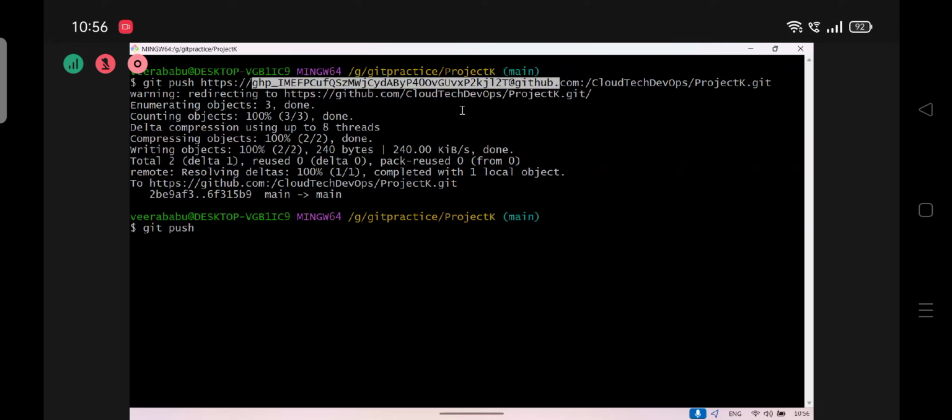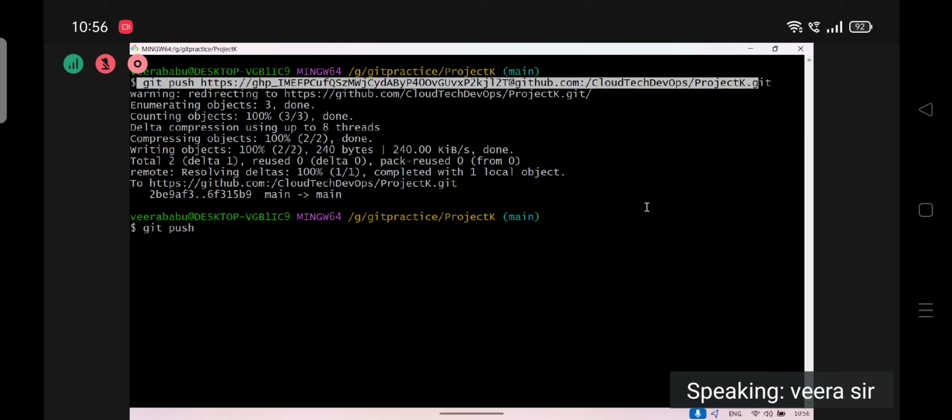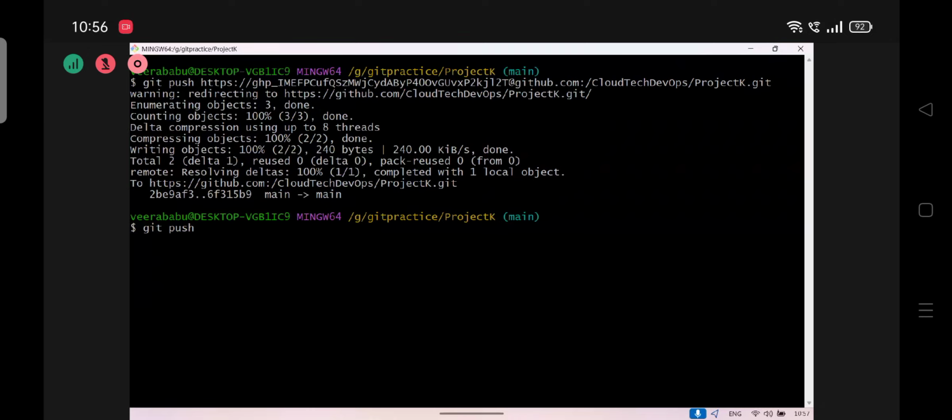Add this endpoint into my remote. How to add? Set URL origin. Very good. git remote set-url origin, add this endpoint now. So every time you give git push, the origin is already set, right? It will take the token method only. Now if you want to check, for example, if you give git push now,